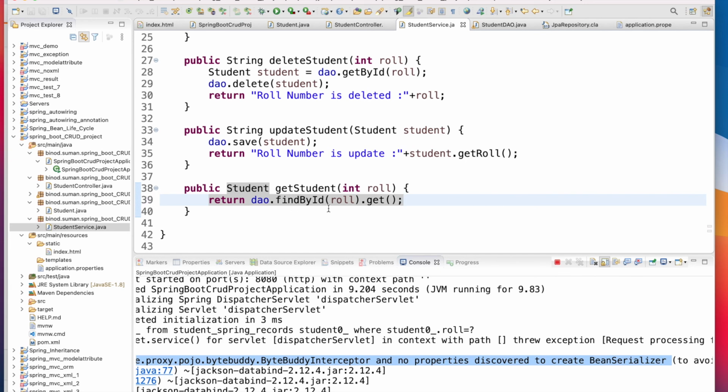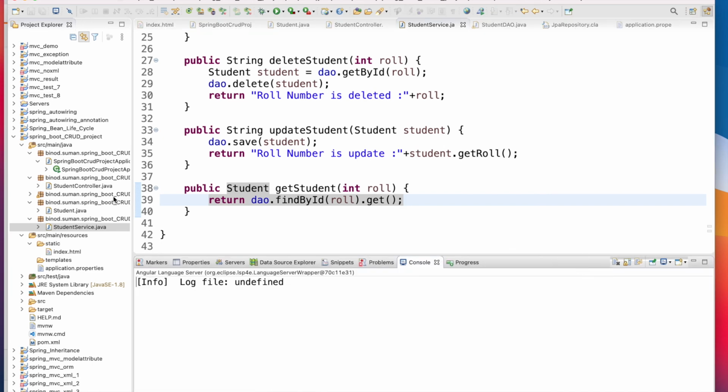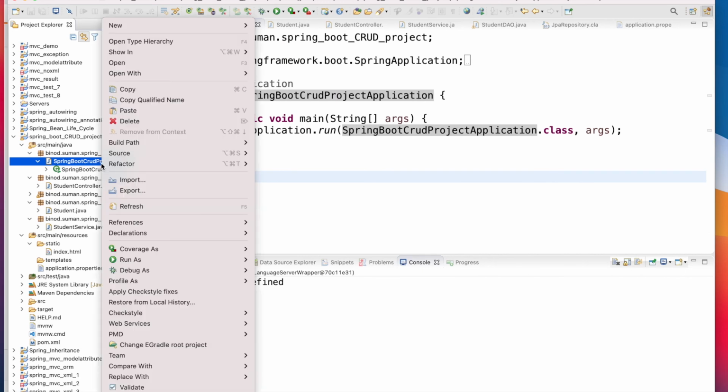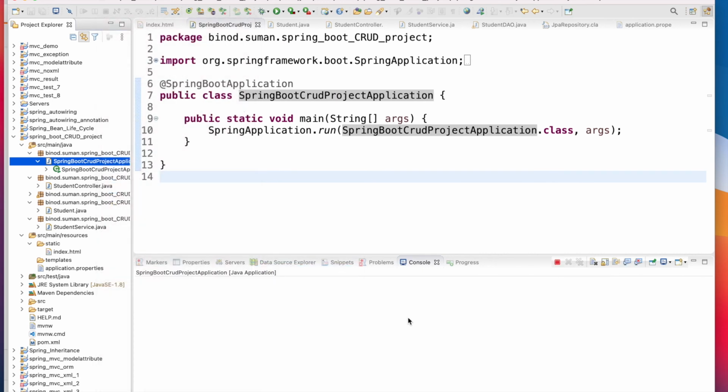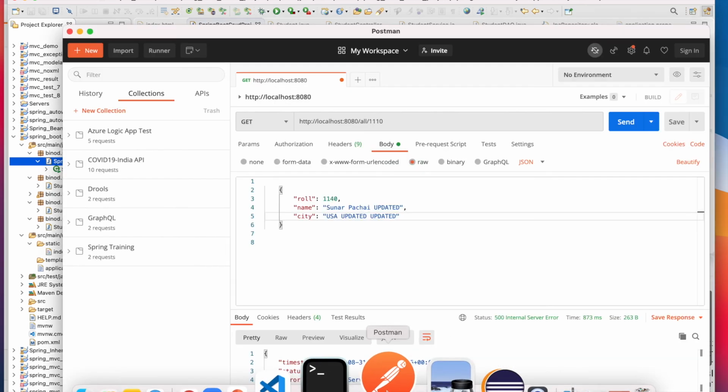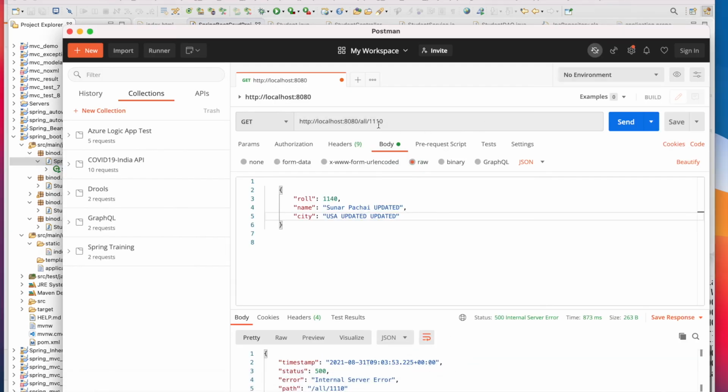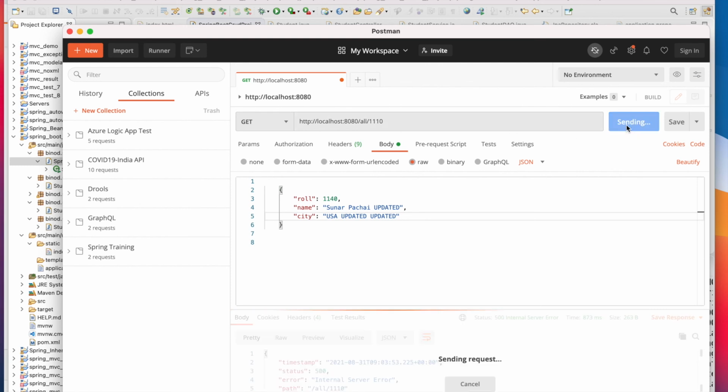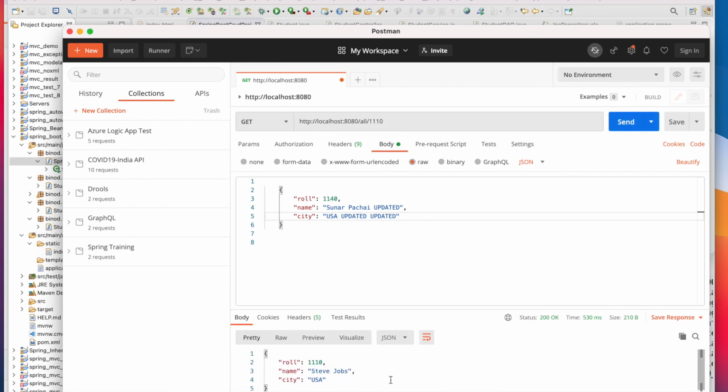In the get student you use this method. Run it again. And here get all 2210, get, and if you do it here you are getting the output, right?